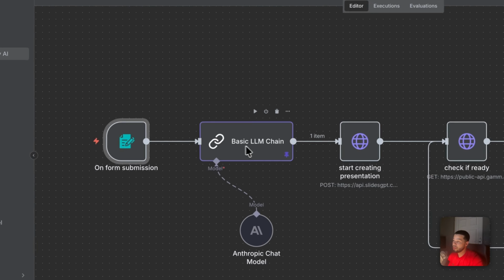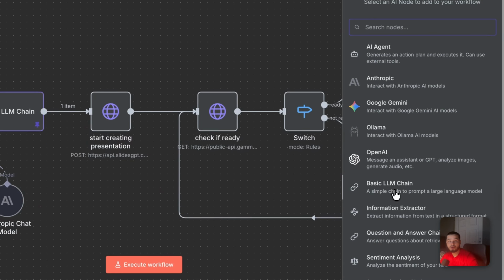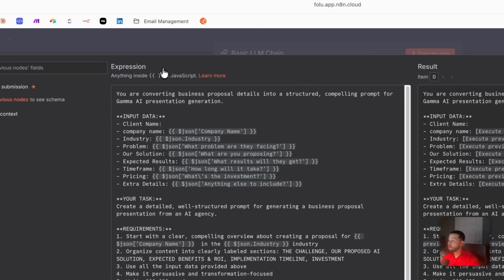Whenever that finishes, we are going to send it through to a basic LLM chain. And to get that, come up here, search the AI section and come down here to where it says basic LLM. And this is just, instead of using an AI agent, we're just basically going to prompt the AI that we want to use. Over here we have one prompt, which is you are